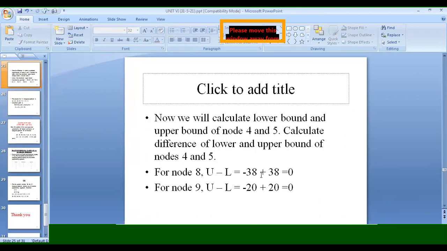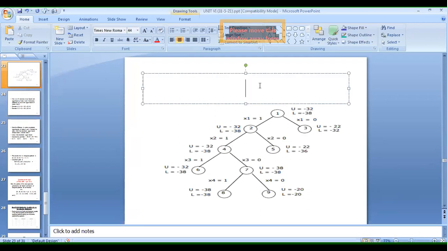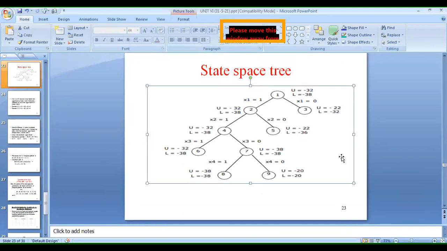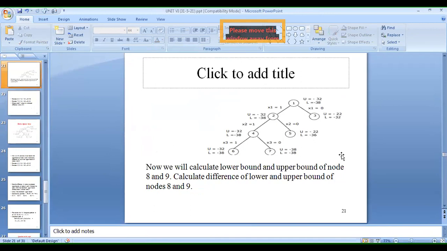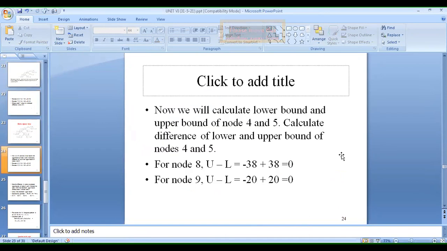So this is the state space tree. Please try to understand. This is the state space tree given. I already explained state space tree for the 0, 1 knapsack problem. The question asked is about this one. Okay, just explain. Okay, like this. Zero one knapsack problem just explained with an example state space tree diagram.